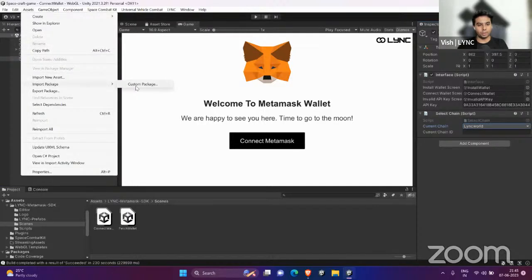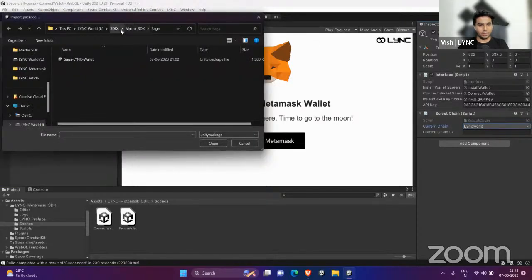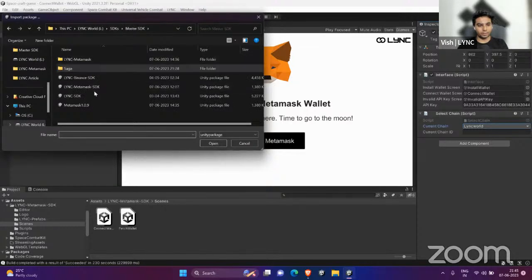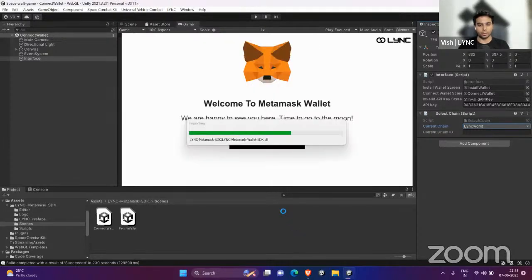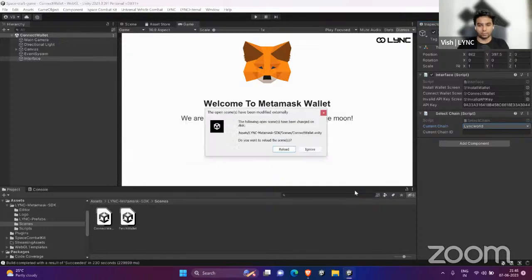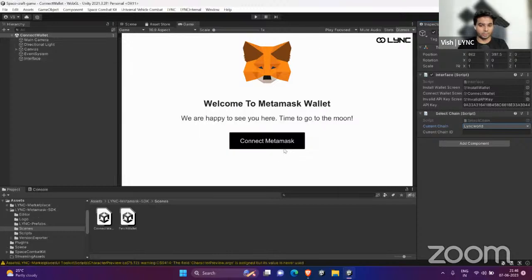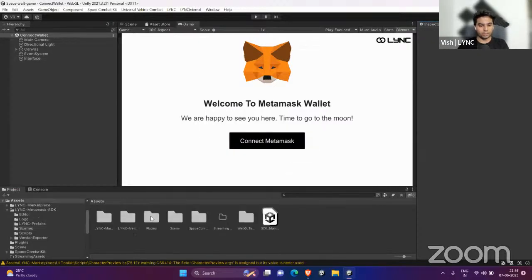And there is one more thing which I wanted to show you. If I just go to the Link import package, custom package, and this time I am gonna integrate the marketplace. So this is the master SDK, which includes all the other features like in-game marketplace and buy, sell, rent, and minting of the in-game assets. Everything can be possible, and you can interact real time on Saga. You can create your Saga chainlet, and you can add the access over there, and you can get the thing started. So you can see now it has been integrated.